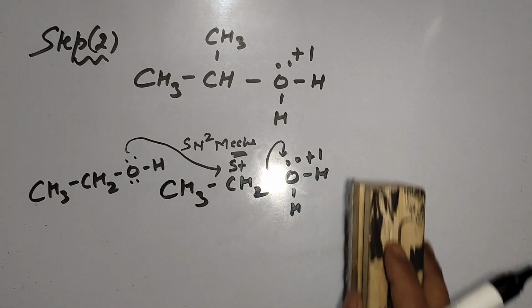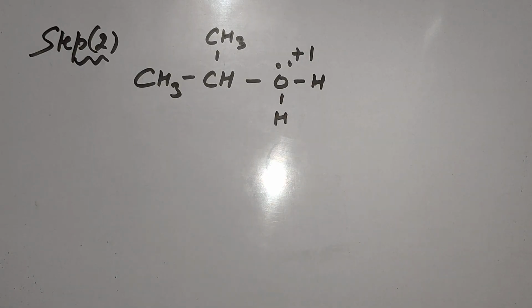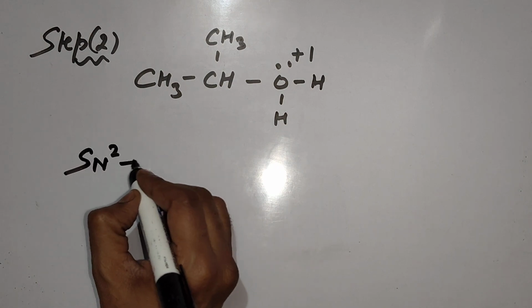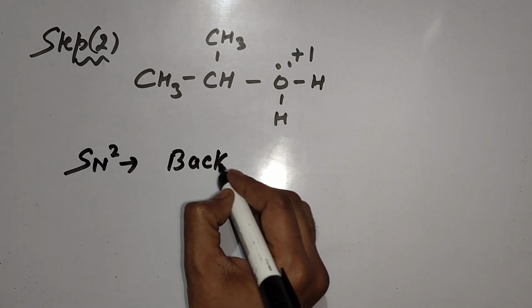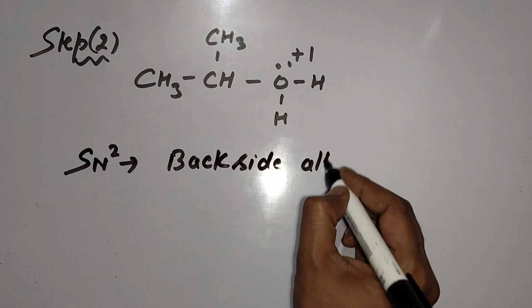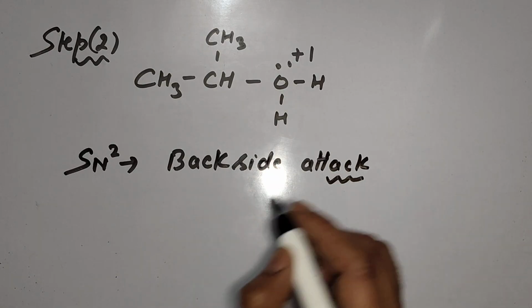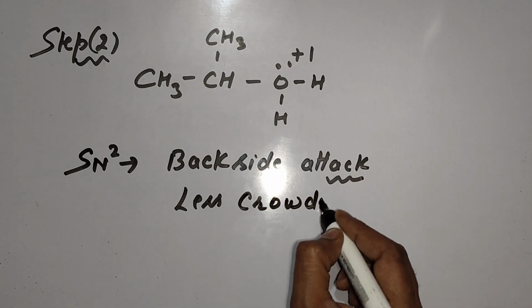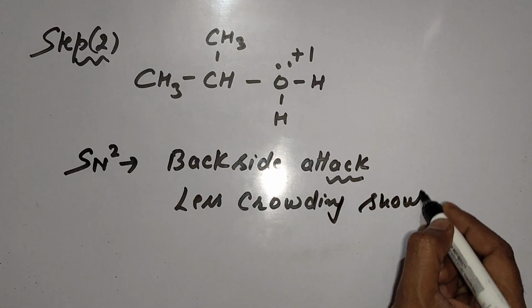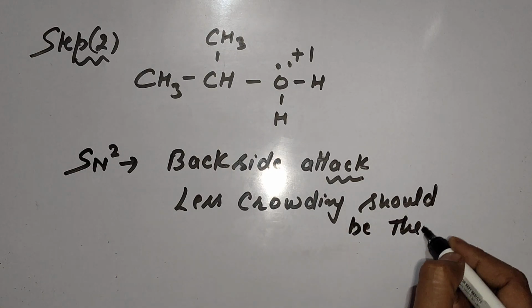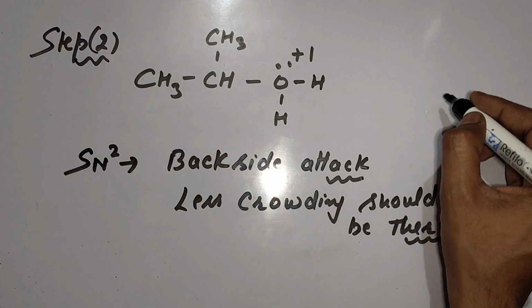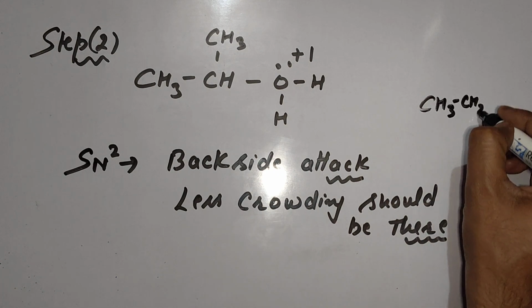Let's check the reason. There are 2 reasons. The SN2 mechanism we have already discussed. The SN2 mechanism involves backside attack, and for backside attack, less crowding should be there. For more detail, please check the haloalkane chapter, where we have discussed the SN2 mechanism. In 1 degree alcohol, like suppose I am writing this 1 degree alcohol,